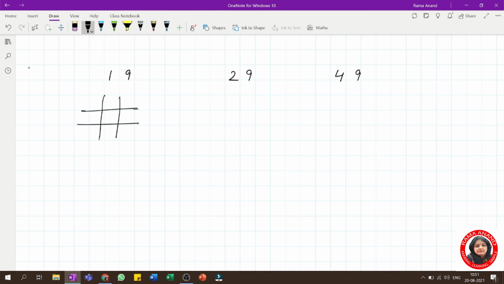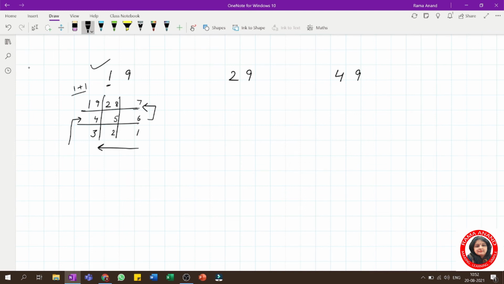Start writing the numbers from 1 to 9 like this. 1, 2, 3, 4, 5, 6, 7, 8, 9. First you have to do like this, then this, then this. 1 2 3 4 5 6 7 8 9. Now suppose I want to find the table of 19. So just write 1 over here. For the next digit, what you have to do is add one to whatever digit is in your tens place, and just write over here 2.